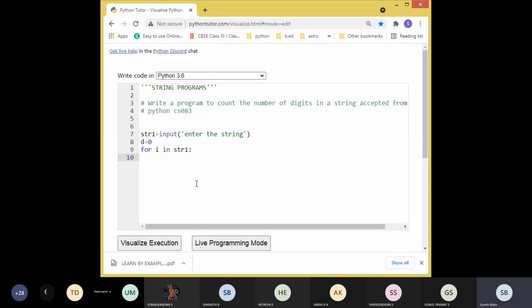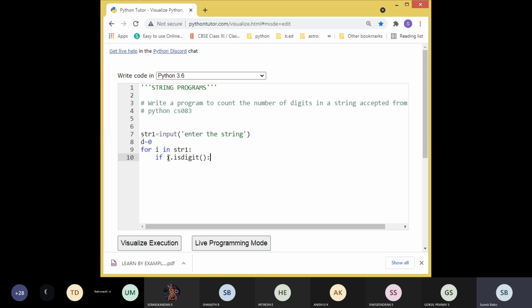Checking only the number, whether the character is a number or not. Yes, isdigit. Very good. Is digit.